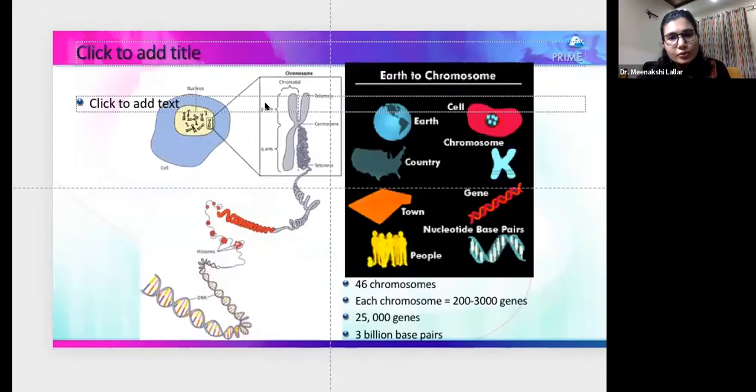So as we all know, the nuclear material, the DNA, is present inside the nucleus. The DNA is compacted into the chromosomes. So the anomalies can be at the level of the chromosomes, right? Like there could be an increase in the number of chromosomes, like trisomy 21, or it could be a small one, a particular gene that can be affected inside the chromosome. So that is a single gene disorder, right? If it's a chromosomal disorder, a large number of genes are included, but in a single gene disorder, one